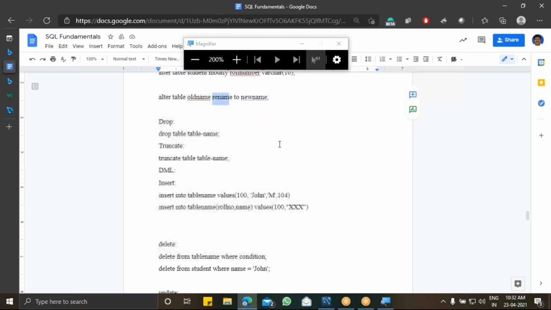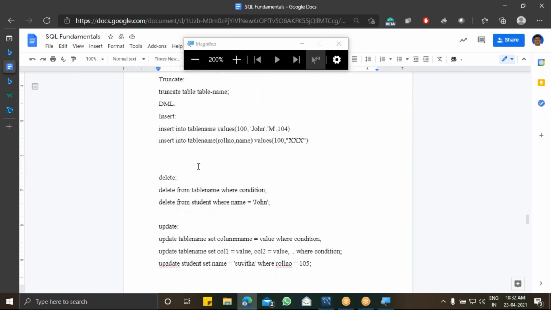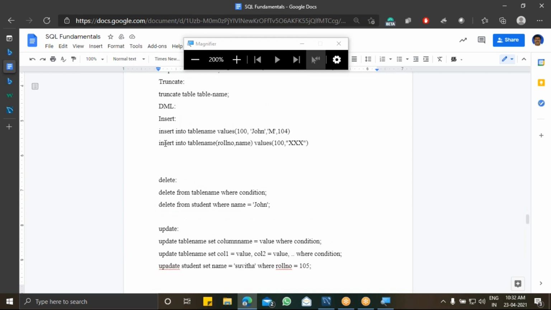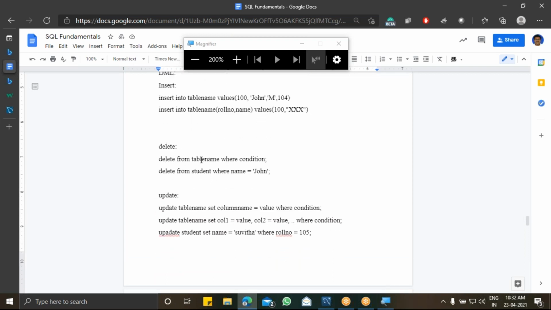After that, we'll be seeing DML. DML is nothing but INSERT query, and DELETE. DELETE is very similar to insert. DELETE FROM table with a condition. WHERE is a keyword which is used to give conditions, and I can have n number of conditions. Without a condition, if I give a normal delete command, it will delete all the values inside my table. Is that clear? So DELETE FROM table name without a WHERE condition.